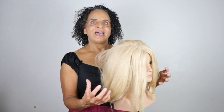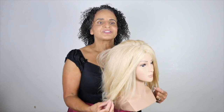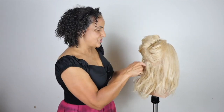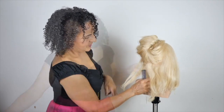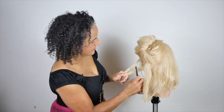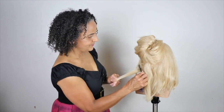So once you've prepped the hair, you just need to think about where you want the hair to part, and I'm going to just go for kind of slightly off-centre parting here. I'm just going to go through the hair section by section, getting a little bit of backcombing in there. So you don't need to be too precise when you're creating these sections. You're going to kind of pick up sections of hair, put a bit of backcombing in, smooth,